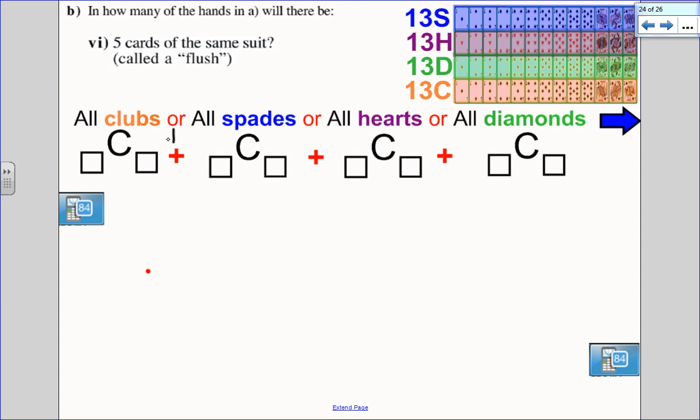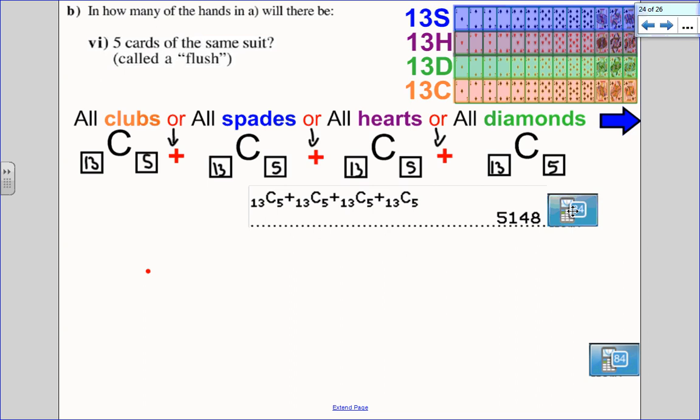Remember we talked about this, or in math means add. So let's look. There are clubs, there are 13 of them, and I want all of them. Or 13 spades, and I want all of those. Or 13 hearts, and I want all of those. Or diamonds, there are 13 of those, and I want 5. So I can plug it into my calculator like that, and I get